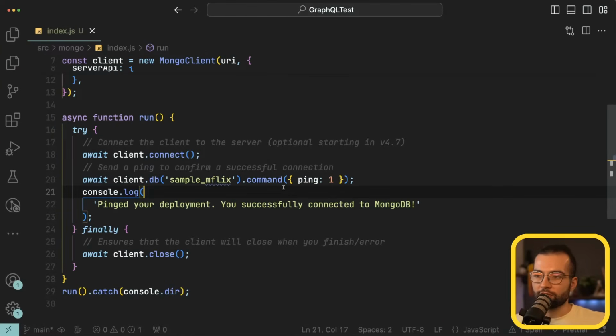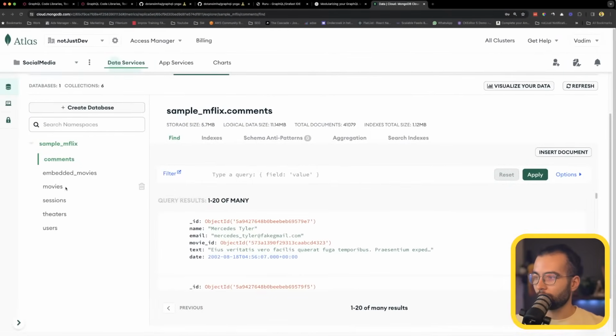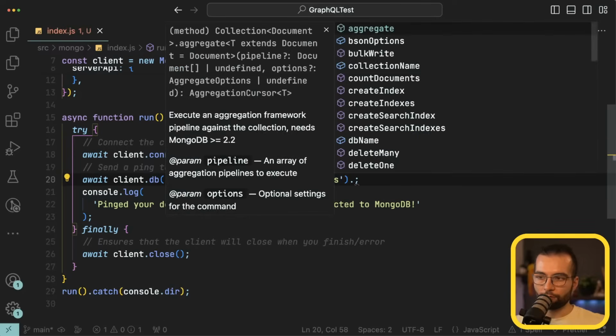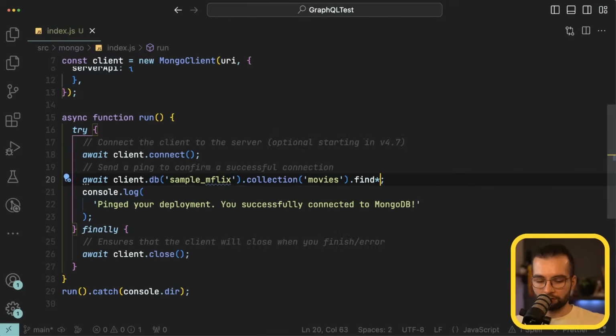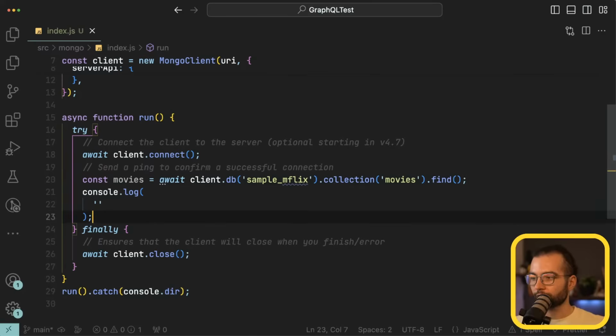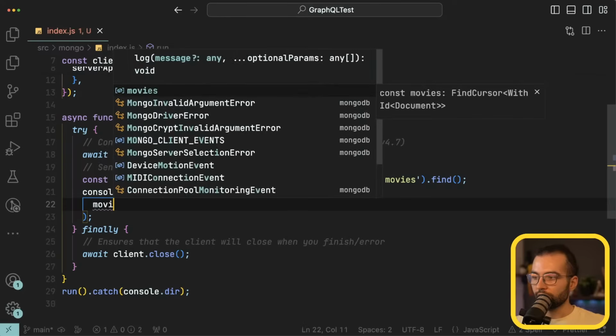Then the command that I want to send there, I don't even need to send a command. I want to access a collection. And the collection that I want to access has the name movies. Movies. Let's do find. And let's get the response. Let's do here movies equal await collection movies find. Now if I'm going to console log here movies,